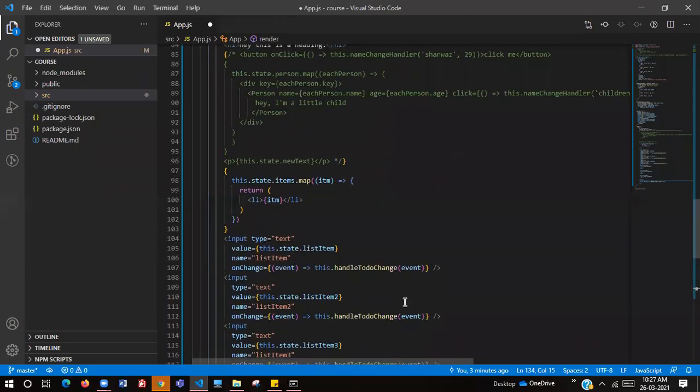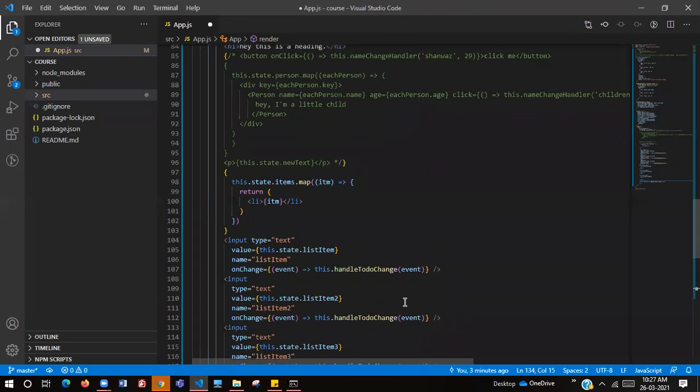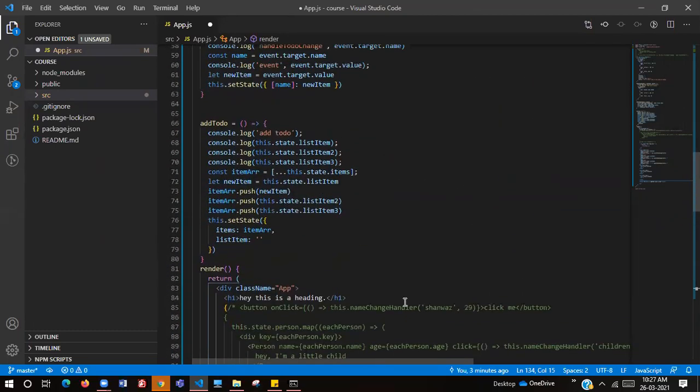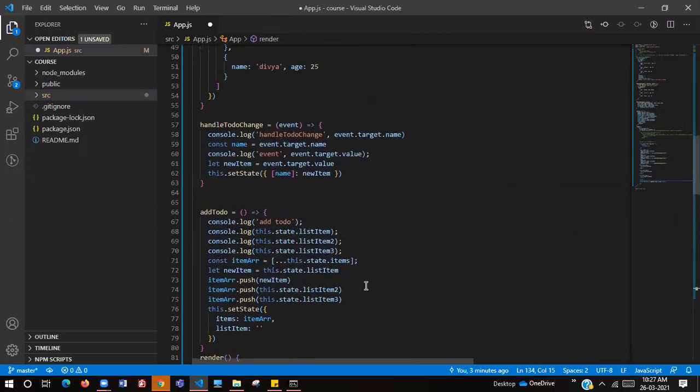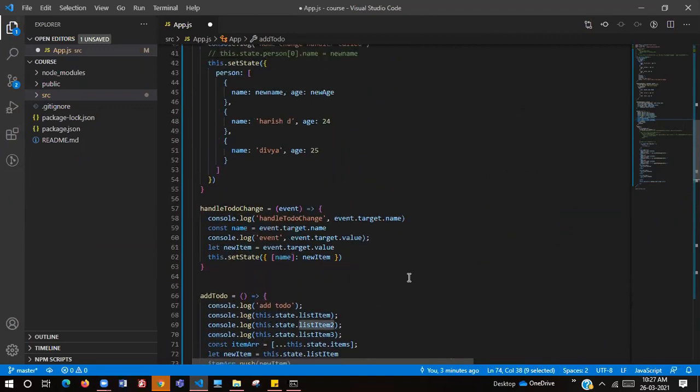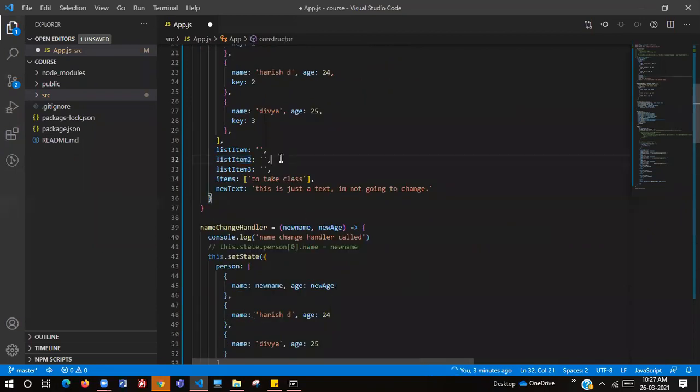Shanwaz, Harish, Divya. See, all you have to do is just copy paste few lines of code. I think you have to create this.state.listItem here inside that state. Maybe declare one more.